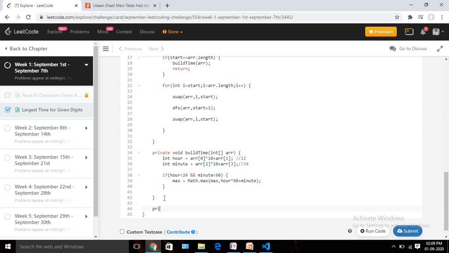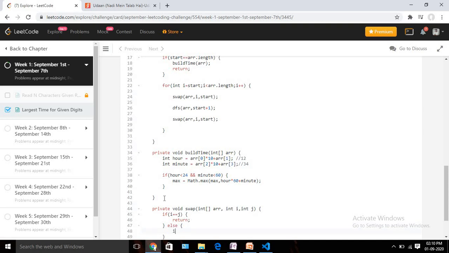Now let's quickly write the code for swap also. Again for swap we don't have any return type, and it needs 3 parameters. The first is obviously my array, and after that I need to pass my 2 indices, so int i and int j. Now we need to swap. If i equals j, then we don't need to swap anything, we can stop executing; else we can swap.